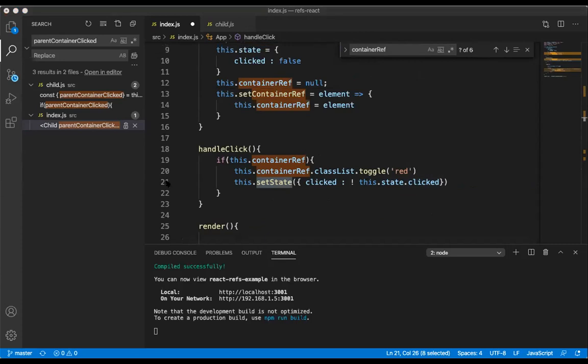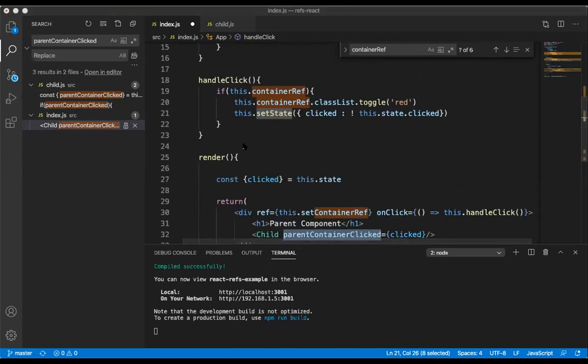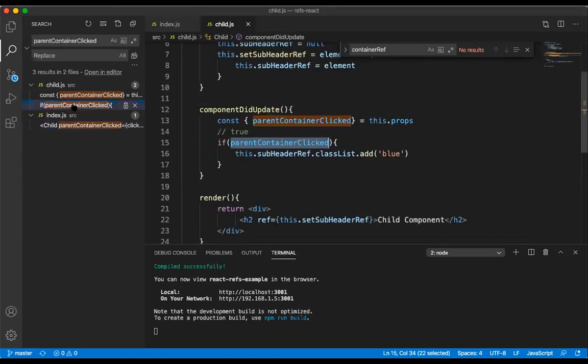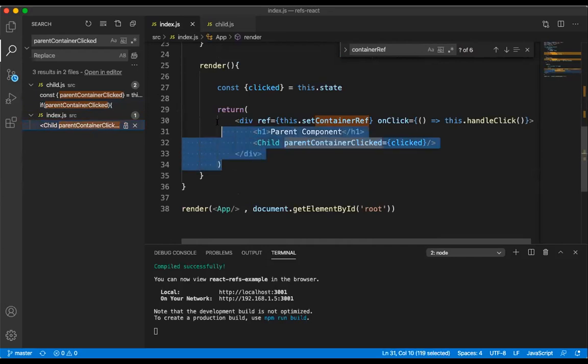Once it becomes true, the child component's background color will be changed to blue, and also the background color of this total div, the whole div where the parent and child component are present, will become red.